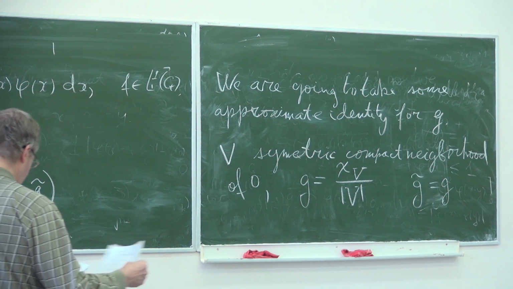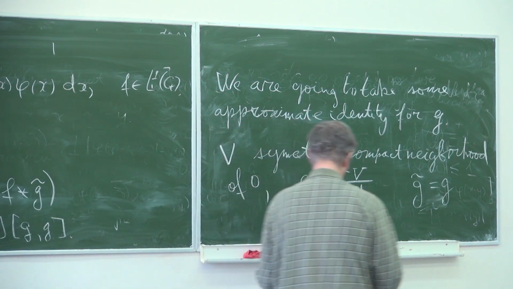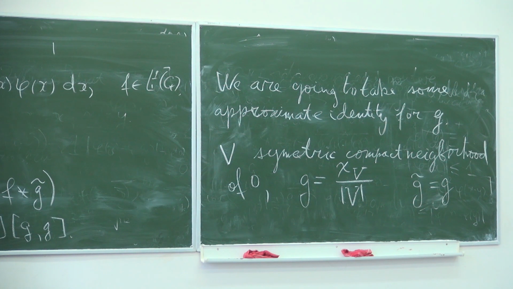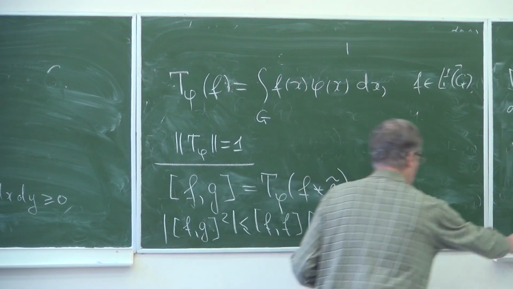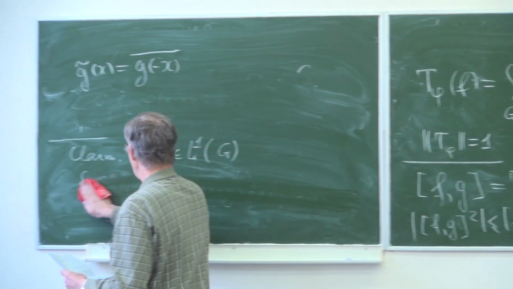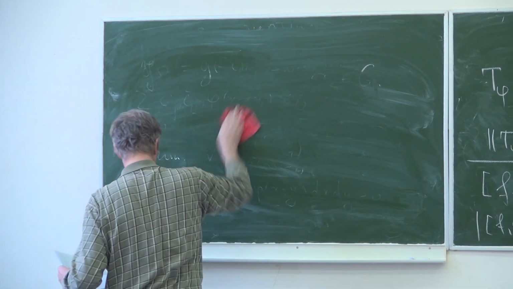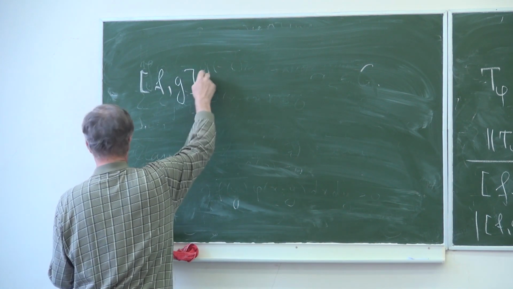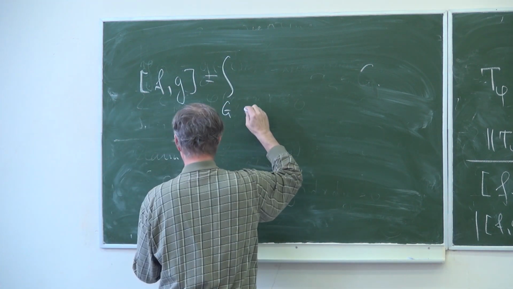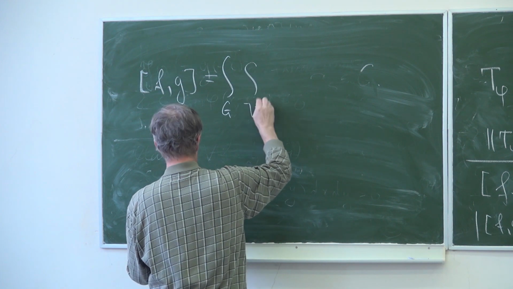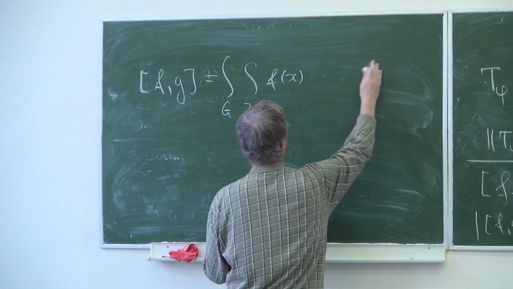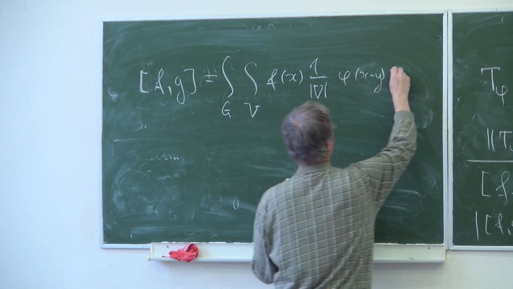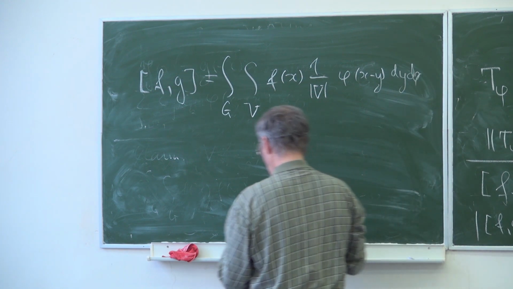And when we put this, on the left, it will be the form of f and g, equal to the integral over G, the integral over V, f of x, 1 over the measure of V, phi of x minus y dy dx, and